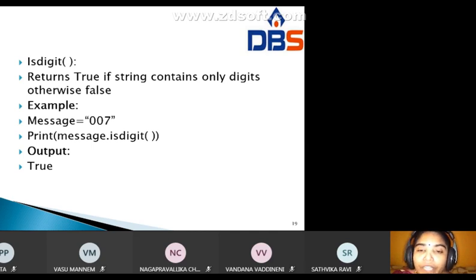That's why the output is false. Here there are only digits, and that time the output is true, meaning the string contains only digits. That is the use of this string method.